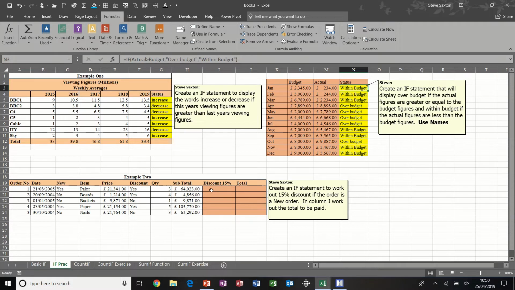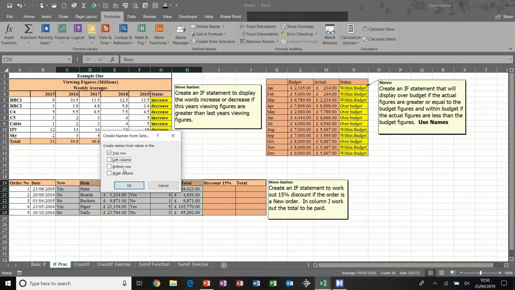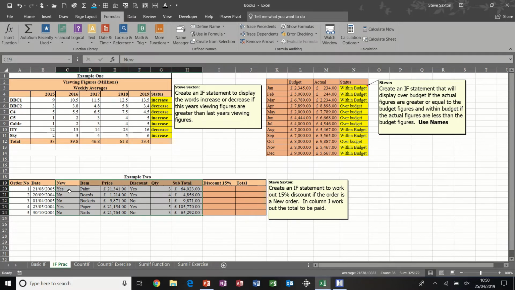Now this one, I want to give a customer 15% discount if they are a new customer. So what I'm going to do here first off is highlight these columns and create from selection and just name them. It just makes it a bit easier when you're doing IF statements, I think. So I'll go equals IF, open bracket. So IF,